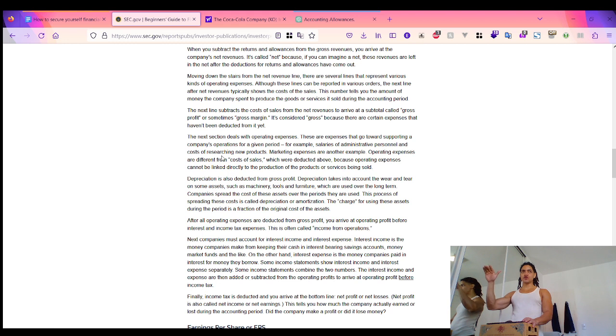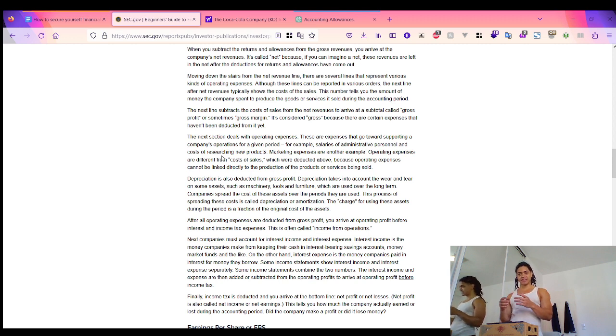So after you reach the gross profit, the next section deals with operating expense, expense that goes towards supporting company operations for a given period,